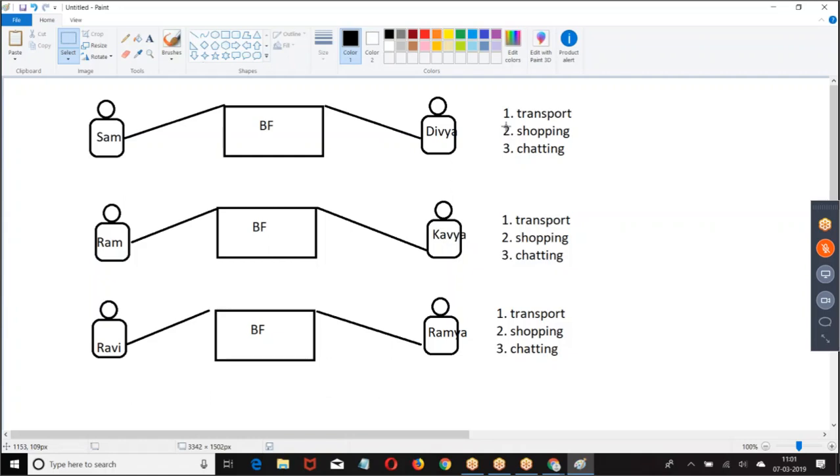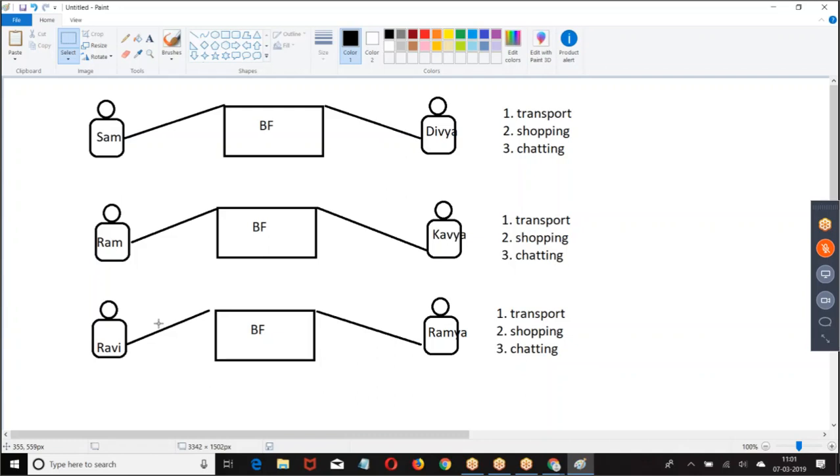Now, they are telling what services you have to offer, but they are not telling how you have to offer the service. Shyam is picking up and dropping. Ram is booking an Ola cab and providing the transport. Ravi purchased a car and gave it as a gift. In three cases, what is the service you provided? Transport.